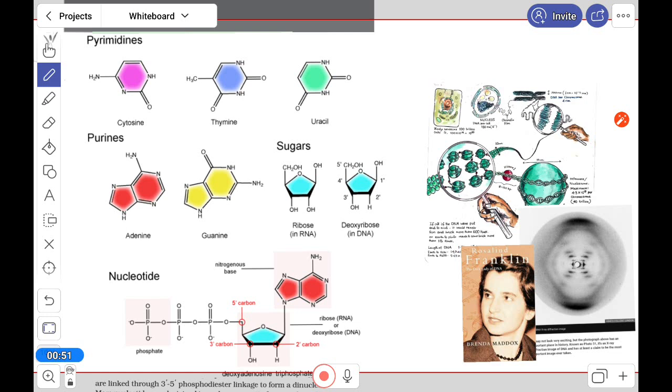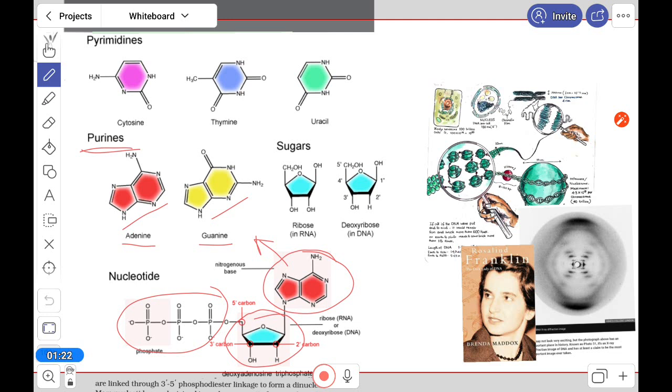The nucleotide chain or polynucleotide chain of DNA or RNA has three basic parts: the nitrogenous base, the sugar, and the phosphate. These things were already discussed. In the nitrogenous bases, the purines are adenine and guanine, which are double ring structures, and the pyrimidines are thymine, cytosine and uracil, which is present in RNA instead of thymine.